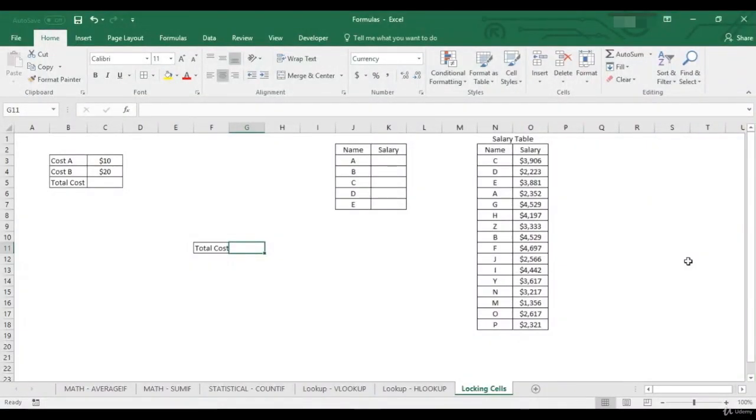Hi, in this video we'll discuss locking cells while writing formulas. Now this is one problem which I'm sure all of us have faced at least once. So let's say I've got two costs over here, cost A, cost B, and I want to calculate the total